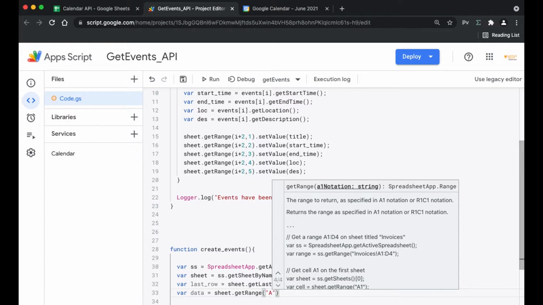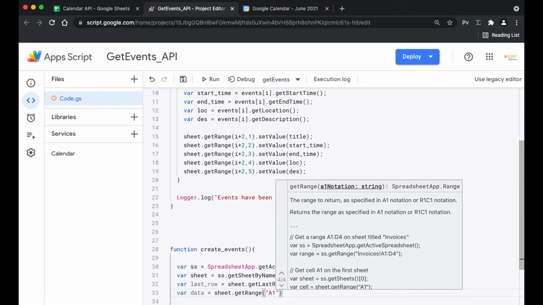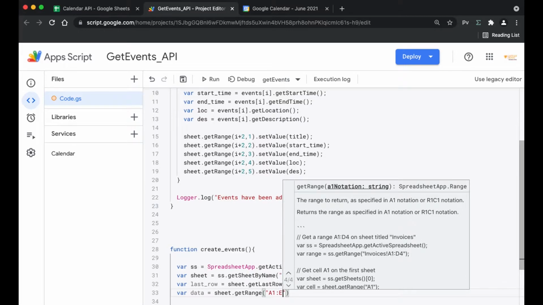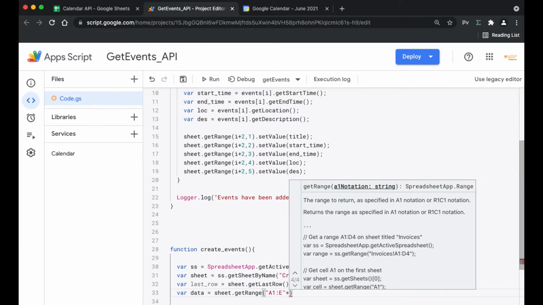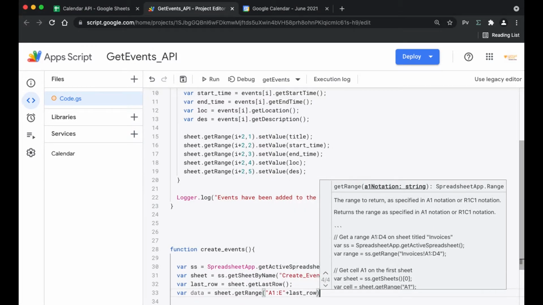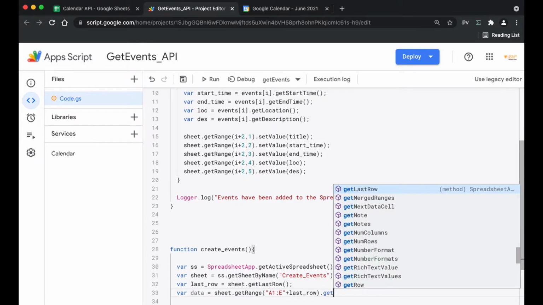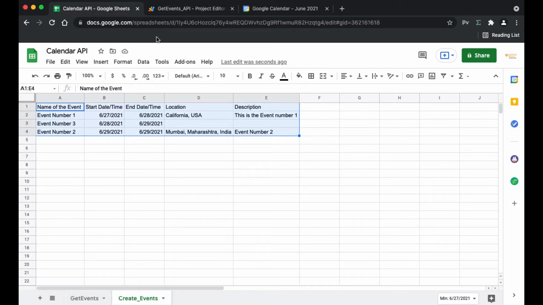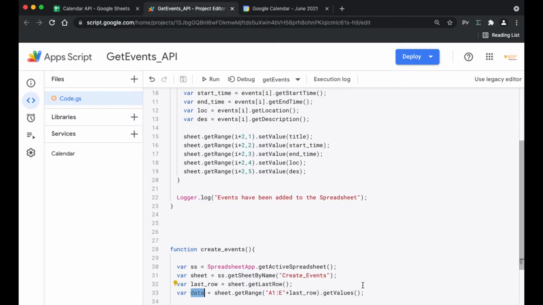If you want, you can use 1 comma, start from the first column, and then get the last row. But doing this is an easier way. I'm going to do E here, and now we have got the last row there. So we're going to just put the lastRow variable, and then we're going to get values, and close the bracket. So now all the values from the sheet have got stored in the data variable.